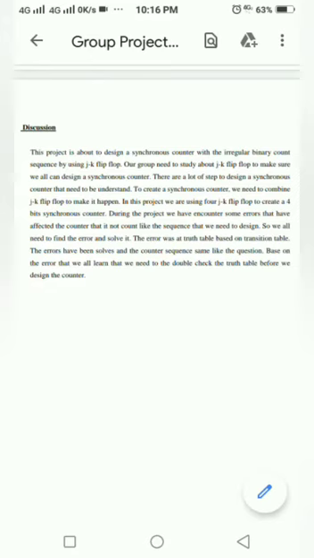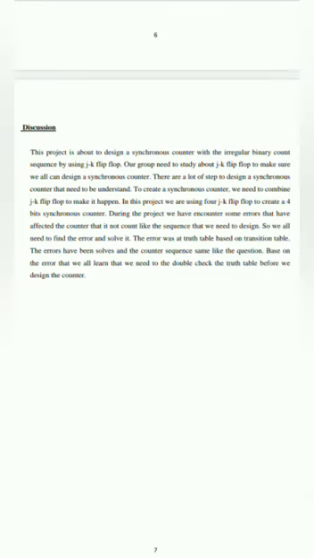Discussion. This project is about designing a synchronous counter with the irregular binary count sequence by using JK flip-flop. Our group needed to study JK flip-flops to make sure we all can design a synchronous counter. There are a lot of steps to design a synchronous counter that need to be understood. To create a synchronous counter, we need to combine JK flip-flops to make it happen. In this project, we are using JK flip-flops to create a